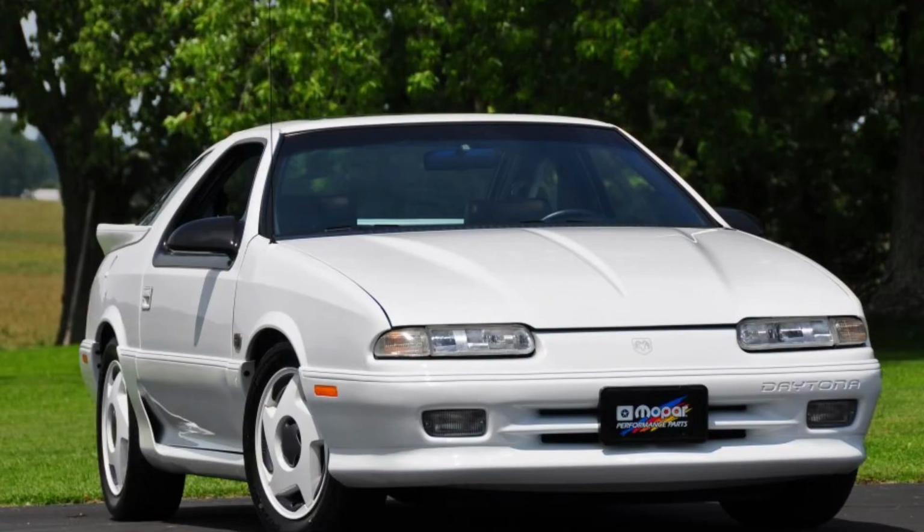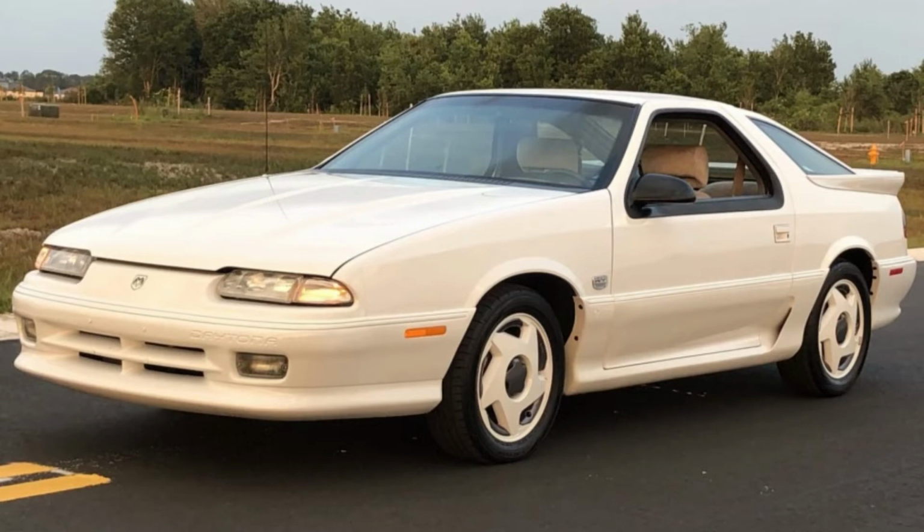And now moving right along, at number 3 we have the Dodge Daytona IROC RT. Now, I know what you're thinking. IROC? What do you mean? Isn't IROC like a Chevy thing? No, IROC actually stands for International Race of Champions, and the year that Chevy's contract got out of that,